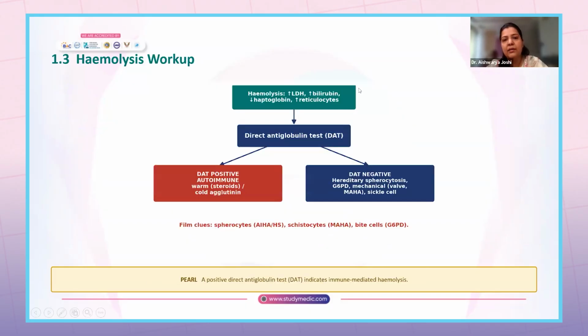So this is again a chart presentation of hemolytic anemia. You can see raised LDH, bilirubin, haptoglobin fall, and reticulocytes as the features in hemolysis. Haptoglobin is low. Why? Because the hemoglobin which releases from the broken RBCs binds to haptoglobin, and hence the free haptoglobin count is fallen.